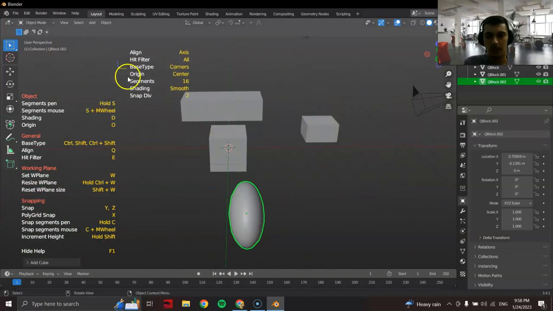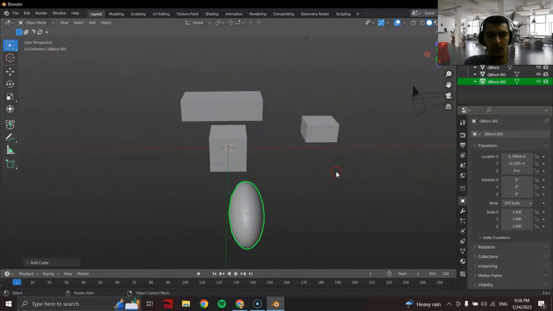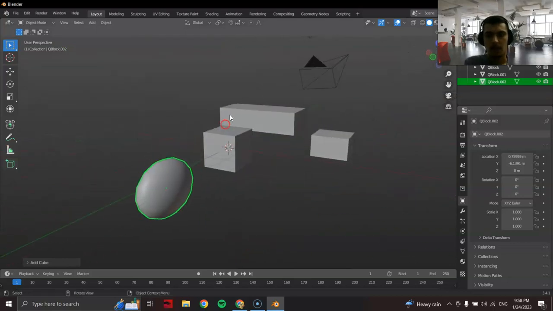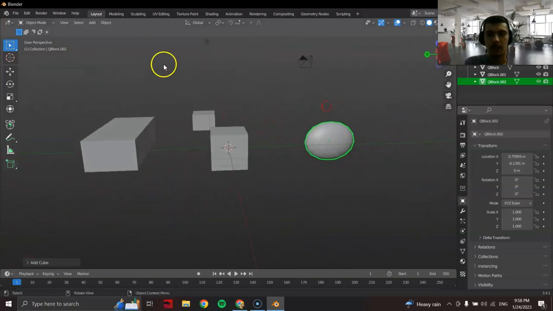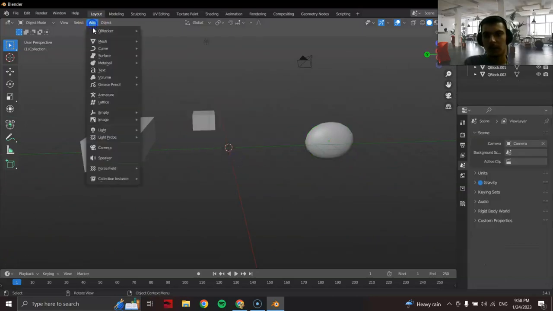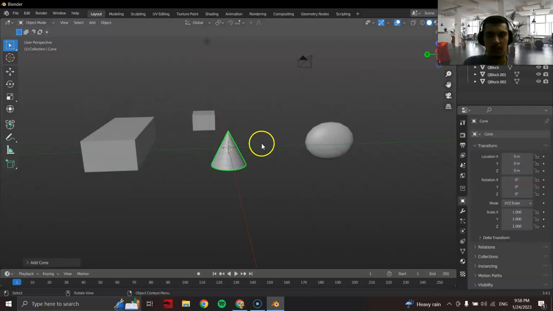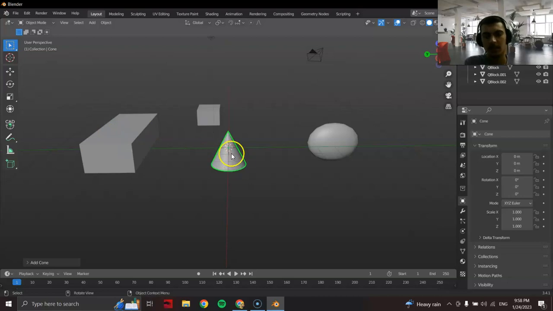And then when you want to stop using this plugin, you can just right-click, and then this will disappear. So this is how you use the Cube Blocker function. It's very useful, especially since the software doesn't really give you a lot of control on how to add objects like a cone, for instance, and then it just produces this, and then you have to scale it, rotate it, whatever,